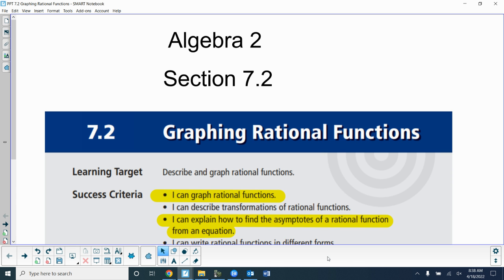Okay? So, we're just doing these 2 bullet points for this section. We're going to graph rational functions, and we're going to find asymptotes, the vertical and horizontal asymptote. Remember, an asymptote,